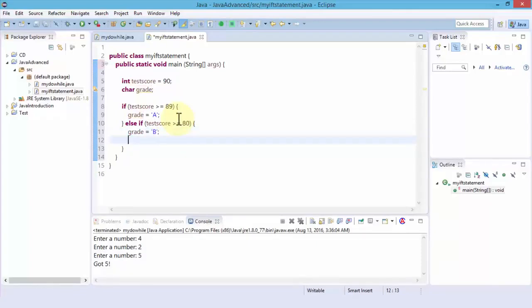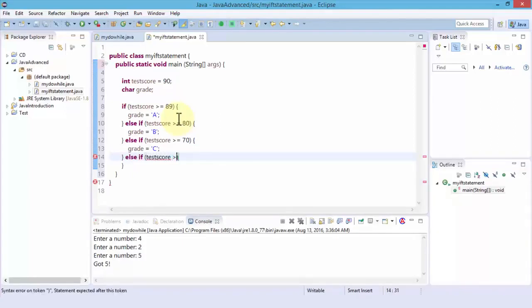And I can continue on, right? So I can say something like else if, let me close the curly braces here, the testScore is greater than or equal to, let's say, 70. Open the curly braces. My grade in this instance would equal, let's say, C grade. And you can continue to build as per your own requirement. So I'm going to go ahead and close the curly braces and do another else if testScore is greater than or equal to 60 in this case. What's going to happen is I'm going to get a grade of